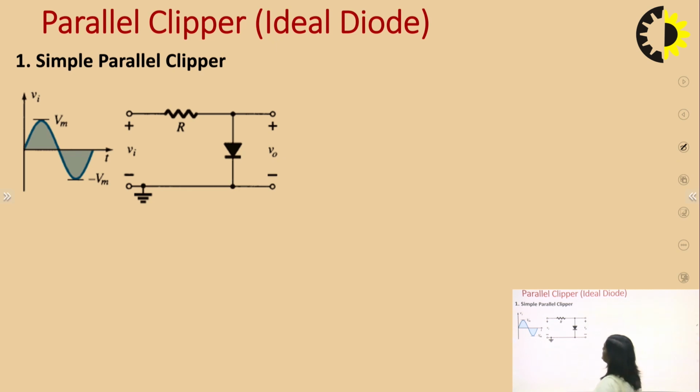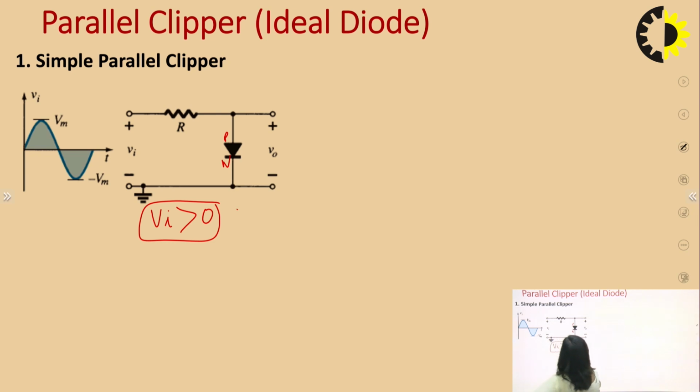So this is a simple parallel clipper. Now we can see in the previous slides we have seen the series clipper. Now this is the parallel clipper. We have placed this diode in parallel with the supply voltage. So here we can see this is a P plate and this is the N plate. P plate is connected with the Vi and N plate is connected with the ground. So Vi is greater than 0. For this condition diode conducts,